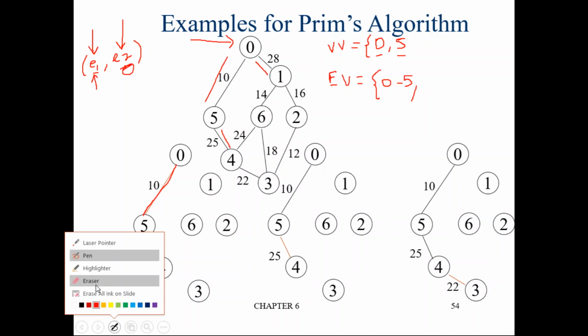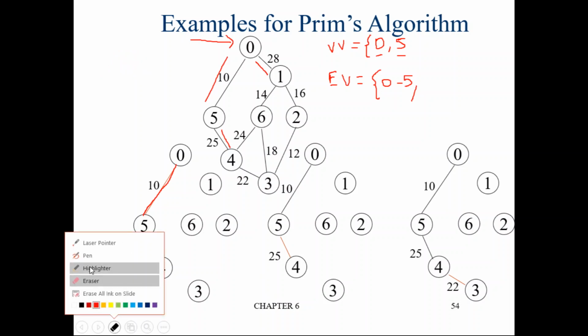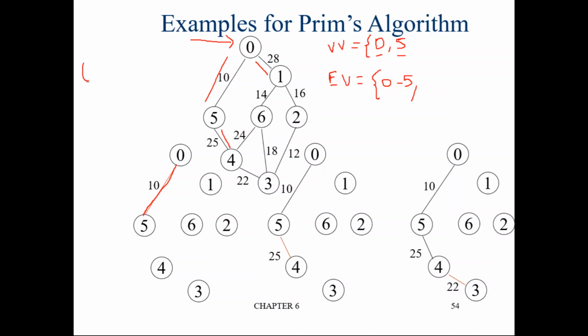That is what edge we have to add. Instead of calling E1 and E2, if it is confusing, I will call it small v, V1 and V2. Let us assume this capital V is vertex visited. Both are capital V, right? Whereas here I am talking about small v, V1 comma V2. We have to identify an edge V1 comma V2 such that V1 is visited and V2 is not visited.